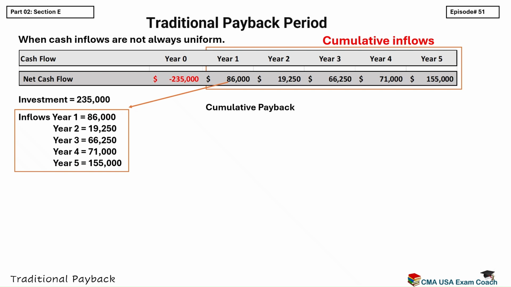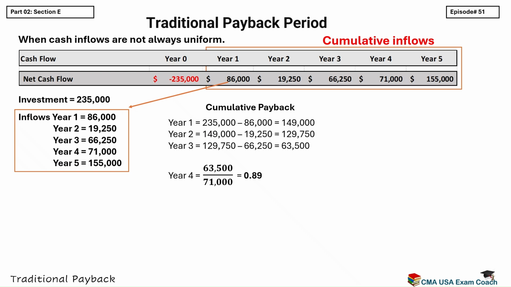First, we start with the initial outflow. At year 0, we have the initial investment along with the working capital. When we add these together, the total cash outflow comes to $235,000. Next, we look at the inflows for each year. In year 1, the inflow is $86,000. In year 2, after accounting for additional investment and adjustments, the inflow is $19,250. Moving to year 3, the inflow rises to